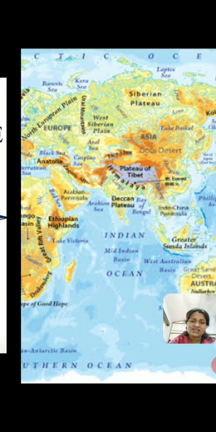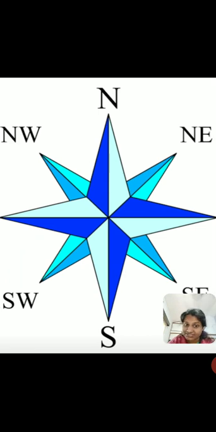Now the next part that we need to know about is directions. Okay, maps are useless if you do not know how to read the directions, because otherwise how will you go and reach that place? Basically, we are using maps to go to a certain place, correct? So for that, what do you need? You need to have directions. So let us just quickly revise our directions. Do you remember what those directions were? We have four main directions: north, south, east and west.